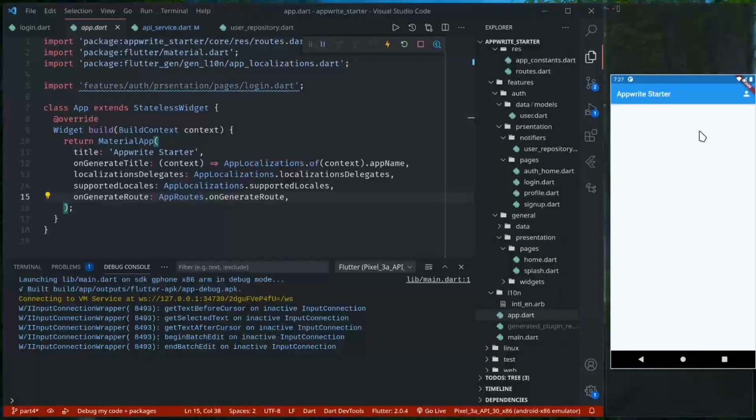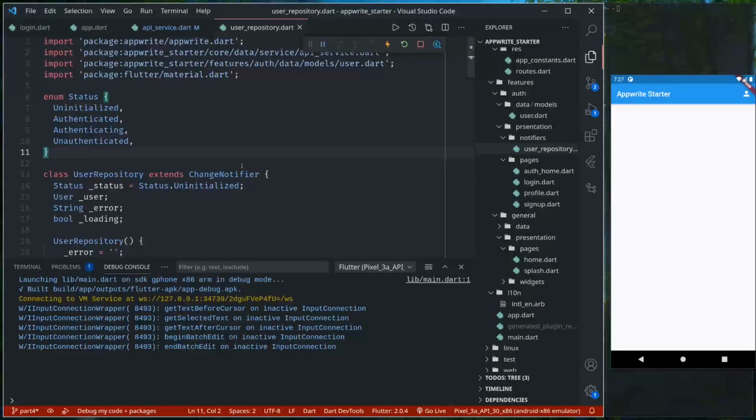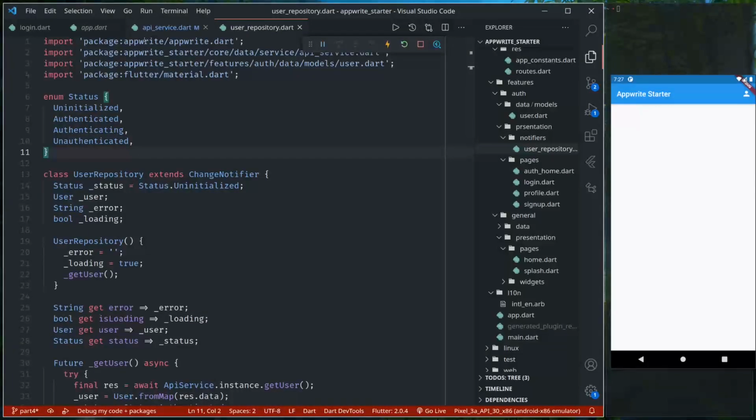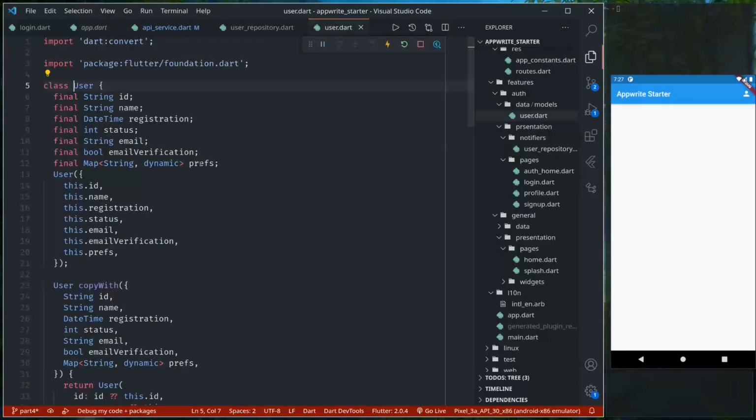We have the basic setup. Now we are moving on, and we will use user preferences to save some user related stuff like package versions and maybe the user's logged in device details. So let us get started with this. First, let's check our user model. So in the user model, we have